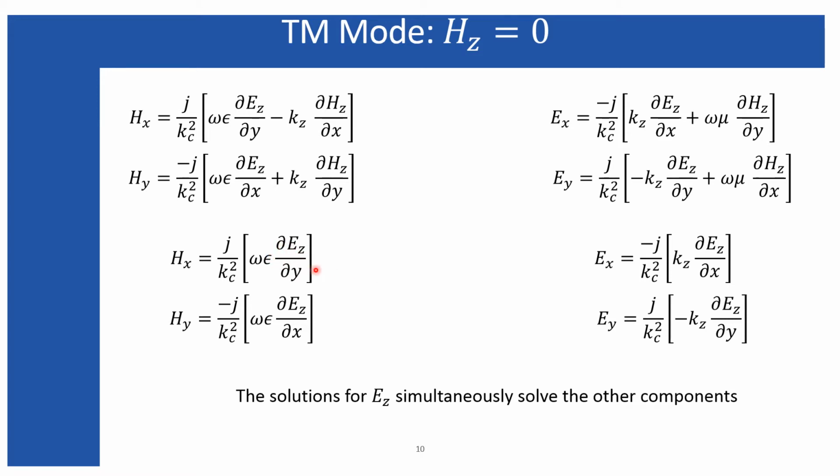Now it's just a simple matter to find the solution for the longitudinal electric field component, and the solutions will be readily available for all of these four components. But anyway, you can find these individual components by yourself. If you apply the Helmholtz equations for each of these individual components, you can get their solutions. But the easier way is to find the solution for the Ez and have the solutions for all of these components. So the solution for Ez can be obtained by plugging this Ez into the Helmholtz equation.